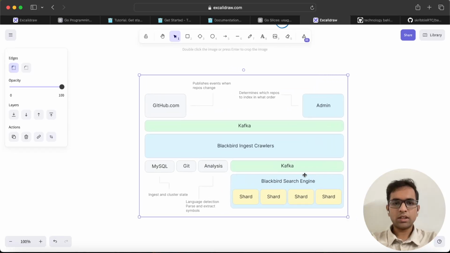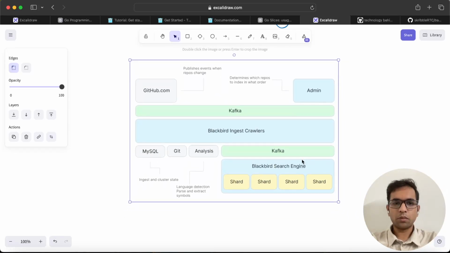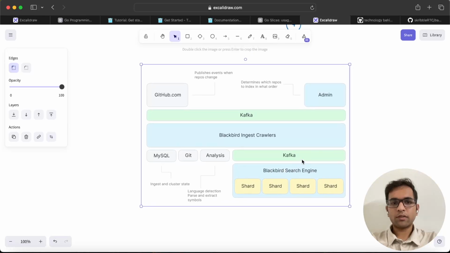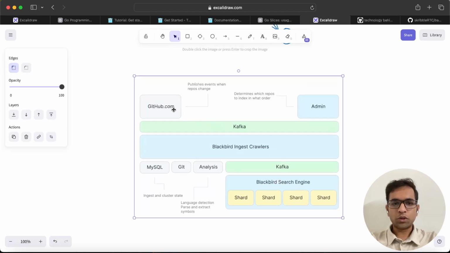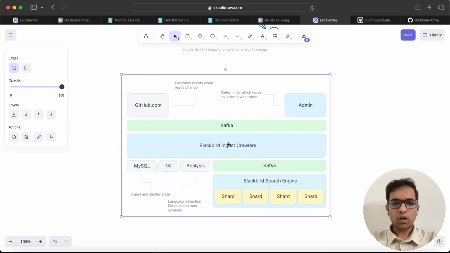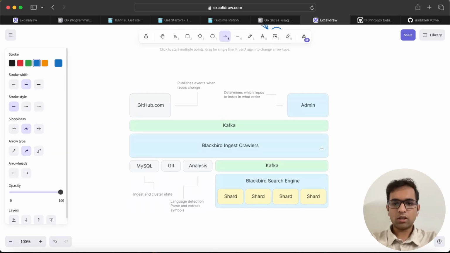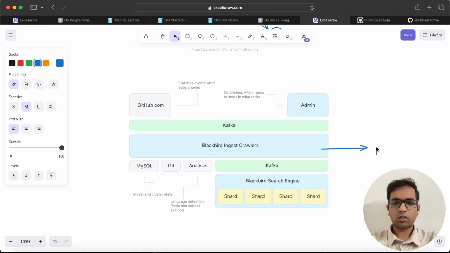So this is basically the architecture of how the index is built, that is, whenever something is posted or some change is happening on some content, how GitHub takes it up and how it is indexed. So whenever there's a push event or any change event that occurs, it will notify Kafka, and then Blackbird ingest crawlers will come into action. What these Blackbird ingest crawlers will do is crawl across